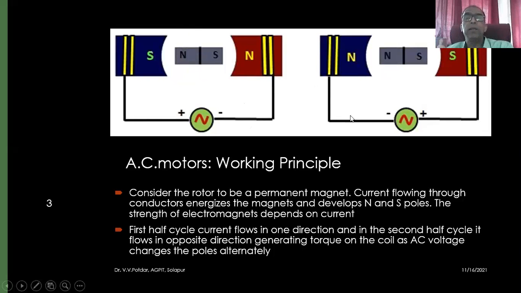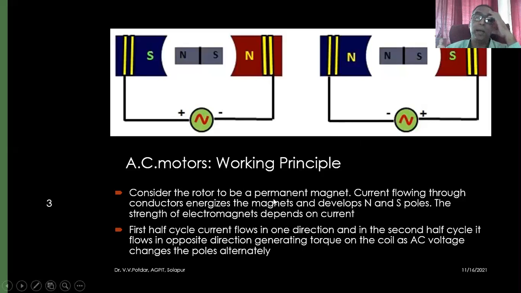What difference can we observe here? Two stages. Alternating current changes the signs, isn't it? In the first case, as you can see, it is positive here and negative here, right? Now in the second cycle, the second half of the cycle, the sign is changed, right? So by doing this, the sign of the alternating current changes between the first half cycle and the second half cycle. I develop a rotating magnetic field, and this is how alternating current motors work.